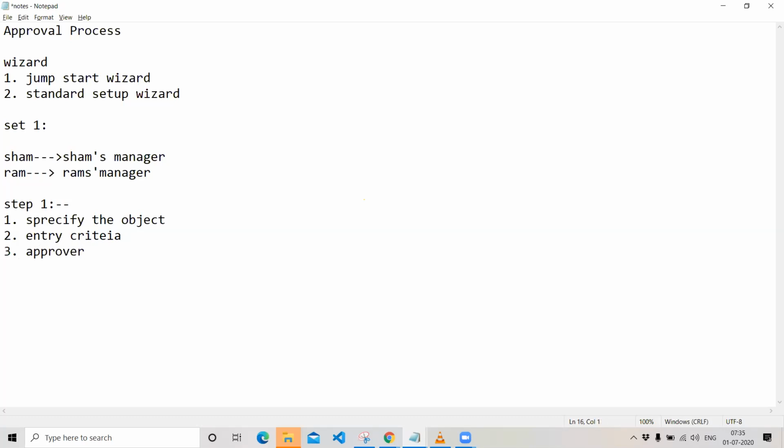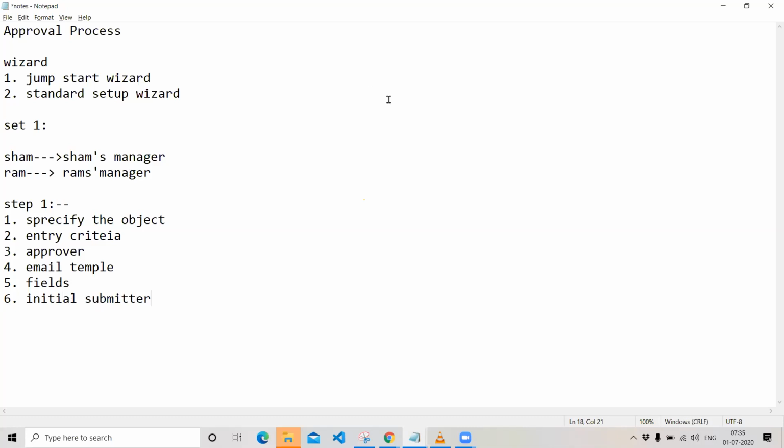Either it can be a manager or a concerned assigned user in your user object. You can choose any of them, and you can also choose the options with respect to the person. The fourth approval step is, if you want to send any email template, you can send any email message to the approver by using the fourth step. And the fifth step is something with respect to what are the fields that you want to select to send to the approval. And the sixth step is with respect to who is your initial submitter.